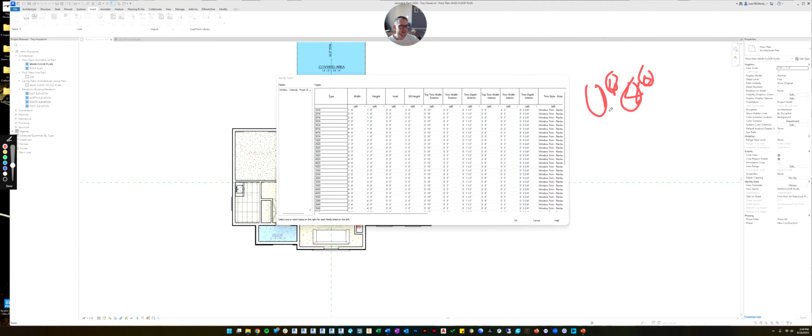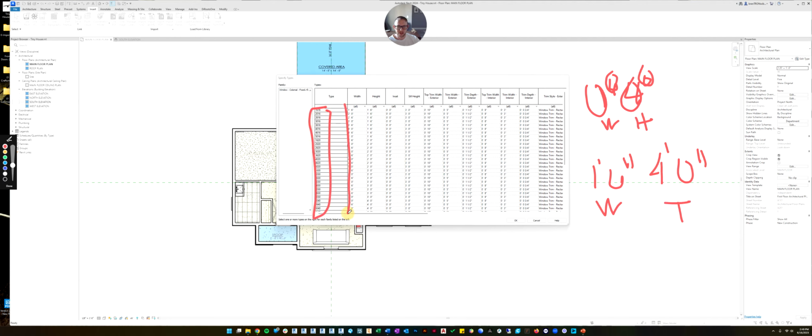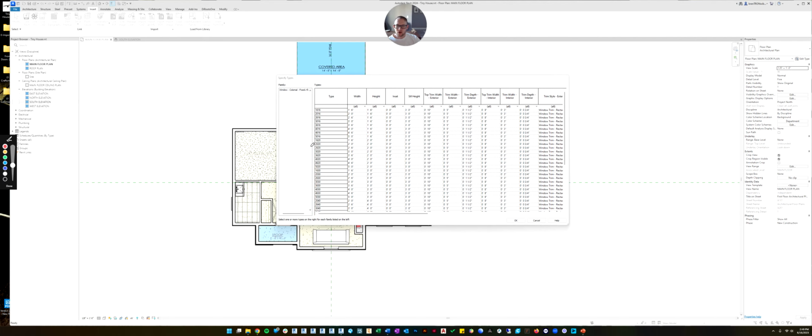So feet, inches, and then this is the width and this is the height. So this is a 1 foot, 6 inch wide window by 4 feet, 0 inches tall. So that's what these mean here, but you can also read the width and the height to help you. So I don't know what one we need for that front window. It's really big. So let's just pick the biggest one in here and click OK.